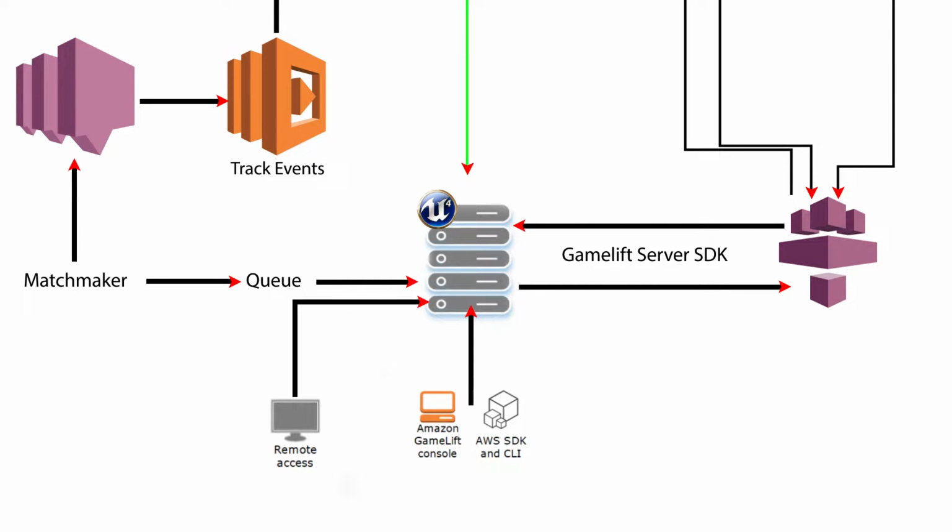In this part of the tutorial, we will be cross-compiling and packaging a Linux Unreal Engine server from our Windows machine so that we can upload a Linux game server build to GameLift and create a fleet with that Linux server build. Throughout this tutorial series up until now, we have always packaged our game server as a Windows server